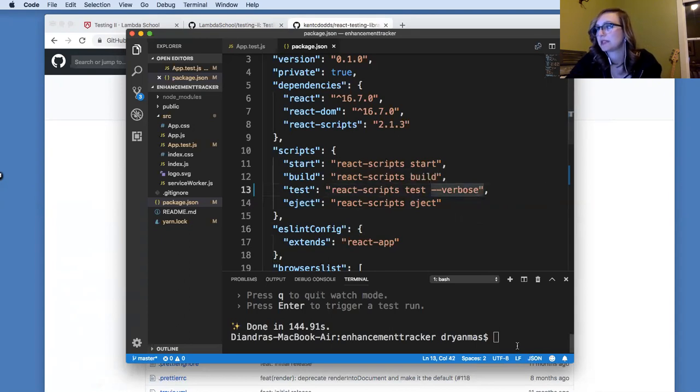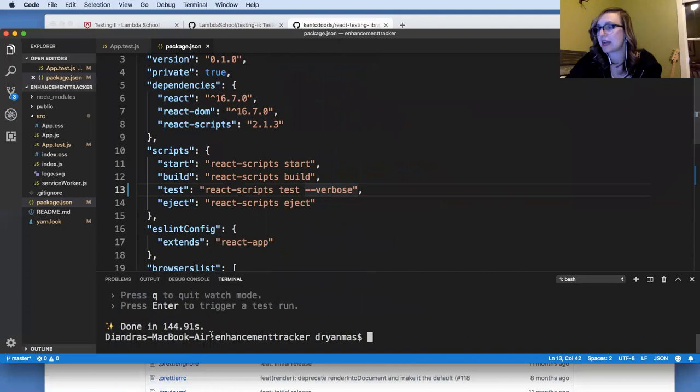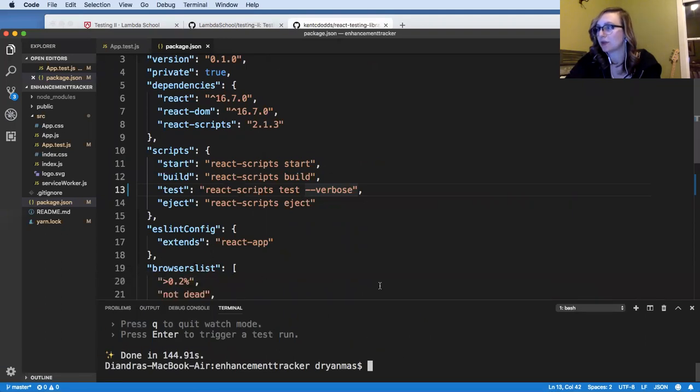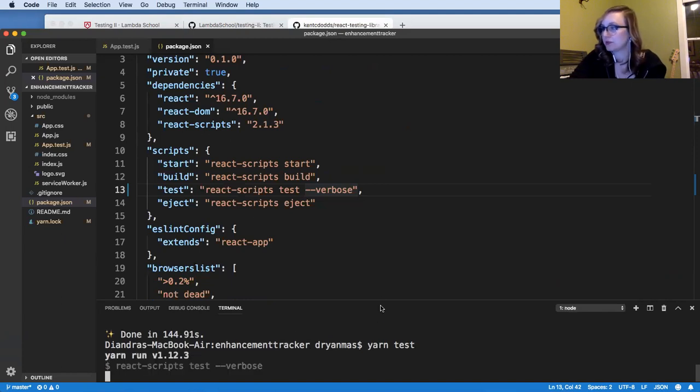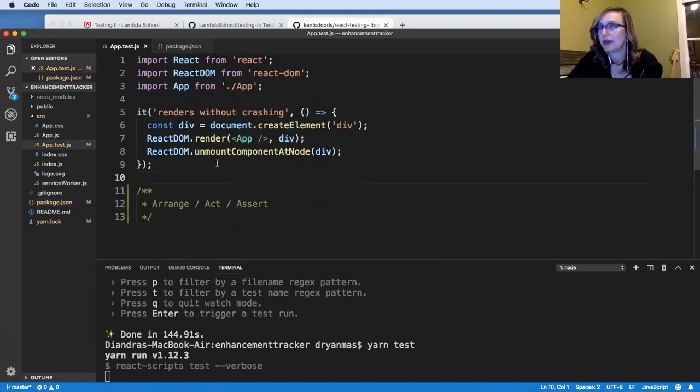And if any of you guys have the test already running, I would actually exit out and restart it. If you want to use this verbose command, you'll have to actually quit and rerun yarn test, which I will do right now. All right. So let's go ahead and